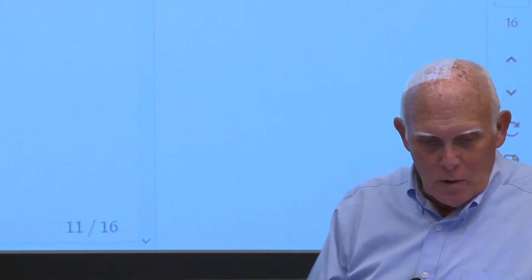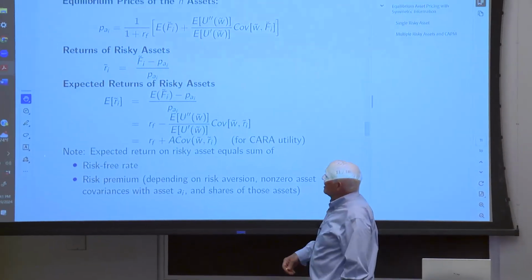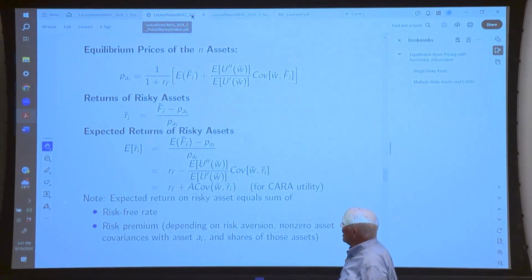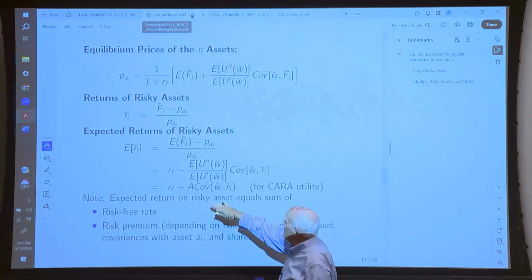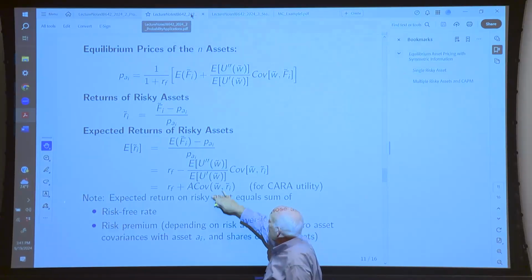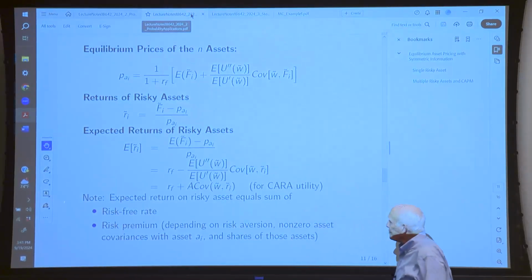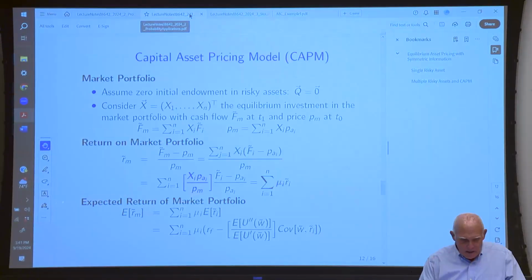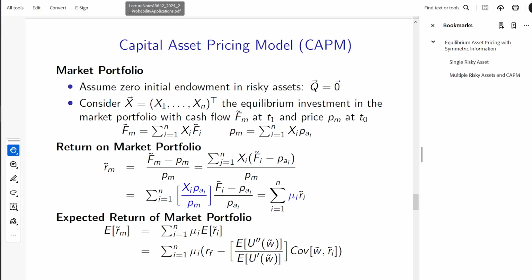And so if the market is in equilibrium, then we should have expected returns of risky assets that satisfy this formula here. And if we look at an initial endowment of no shares at all, and define the X allocation to be an equilibrium investment in the market portfolio,